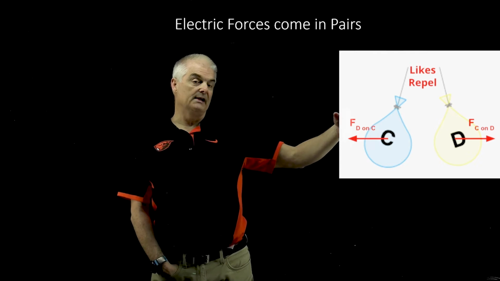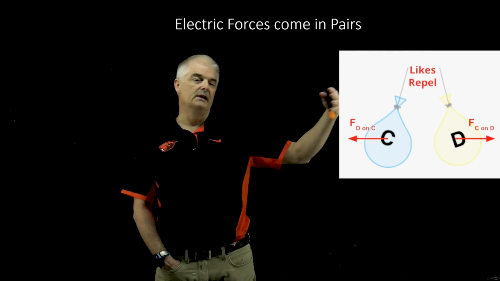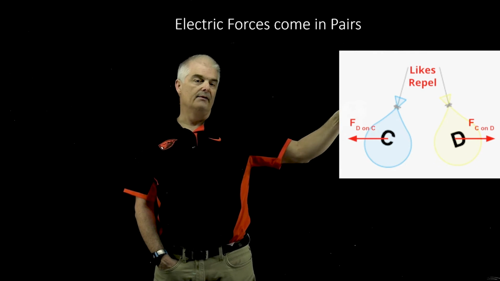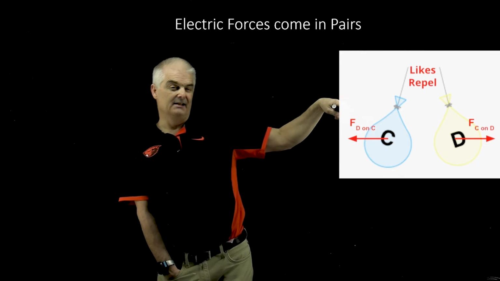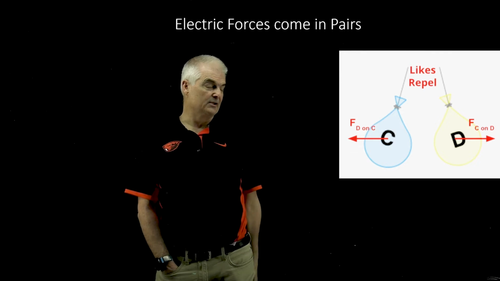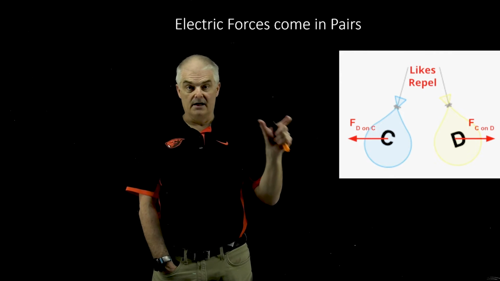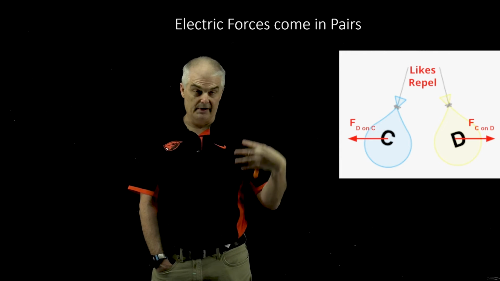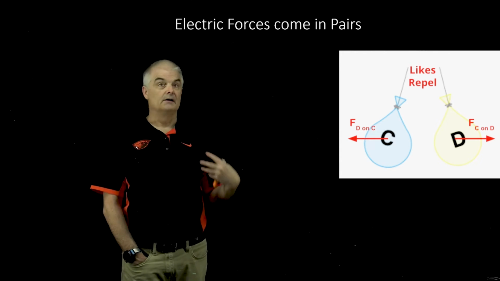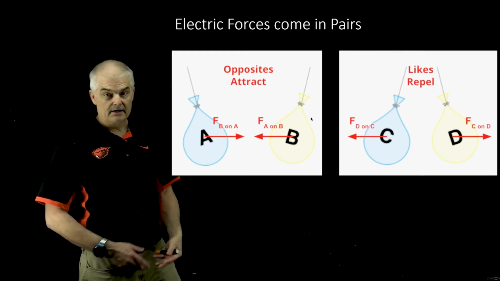D has a repulsive force on C, and then the force on C is that C on D, that's the likes repelling thing. So they come in pairs, and the pairs are equal and opposite forces. They come in force pairs. We've talked about force pairs a lot in this class. Here they are combined, but